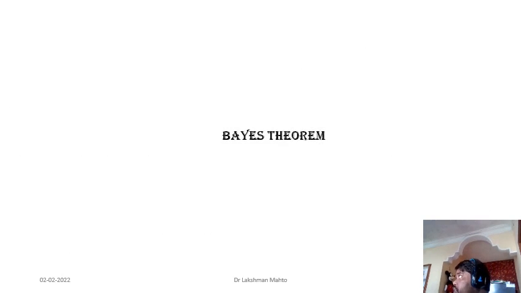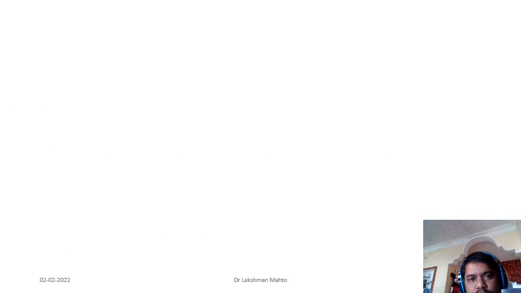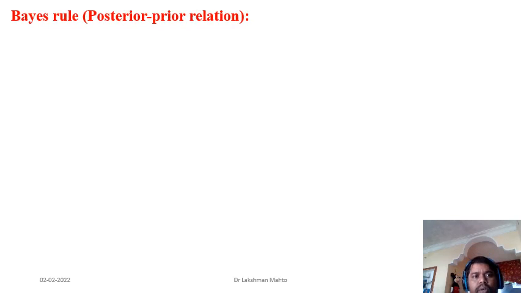Now coming to Bayes theorem, I think it is already 45 minutes. So I will talk about a few things, then I will wind up, and next class I will discuss Bayes theorem in detail. So see, in simple terms, if you ask what is the main conclusion of Bayes theorem and what it says, it is talking about the relation between posterior and prior probability. In short, Bayes rule is talking about the relation between posterior probability and prior probability.